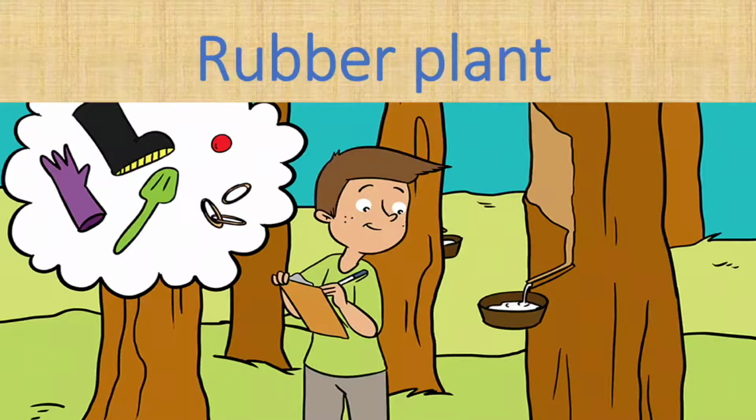Rubber plant. Look at the picture, boys. What you can see? You can see how the liquid from a rubber tree is removed, and different types of articles are made like gloves, shoes, rubber bands, rubber ball and erasers. It is also used to make tires and pipes. Boys, remember, cotton, jute, rubber are also important in our daily life. We get this from cotton, jute and rubber trees.